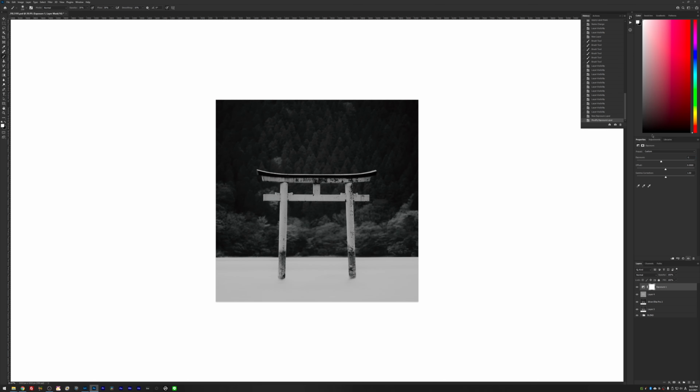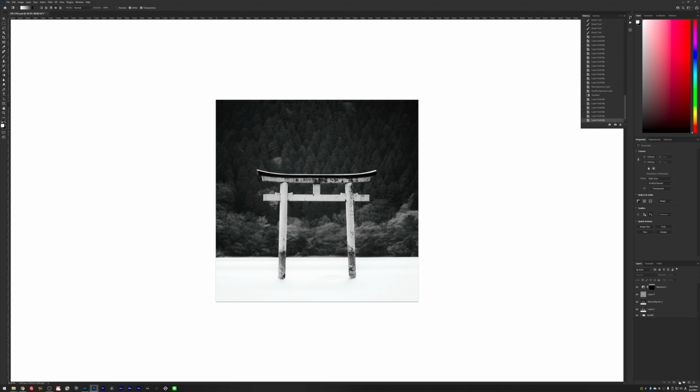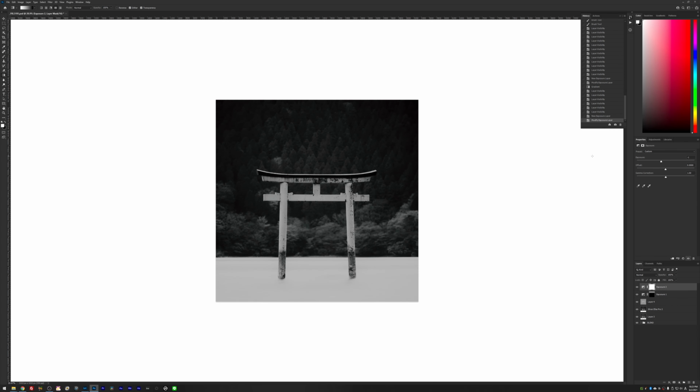And let's do the top one first. I'm going to select my gradient tool, white to black. I'm going to hold shift on my keyboard, click and drag, so I get a really nice gradient. Again, really subtle, but it draws your eye to this gate in the middle. And then I'm going to do the same for the bottom, so another exposure layer, -1, still my gradient, hold shift, click and drag.